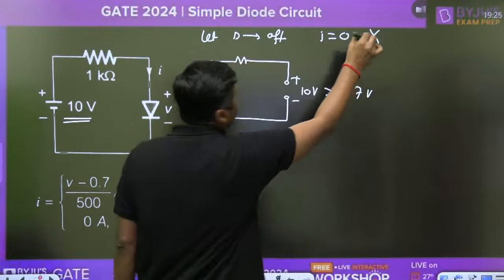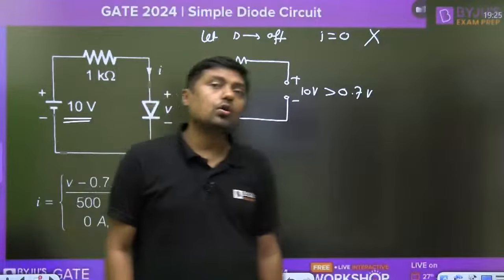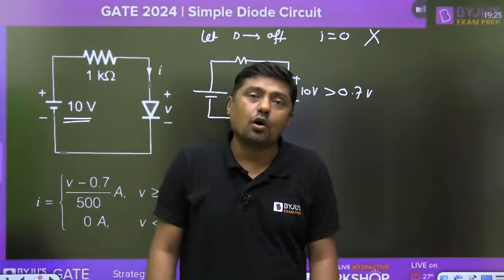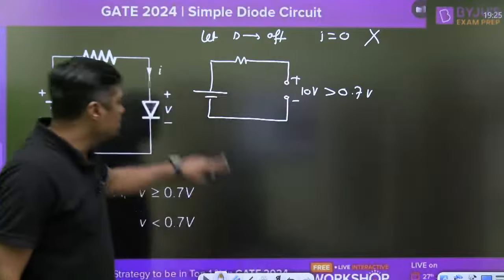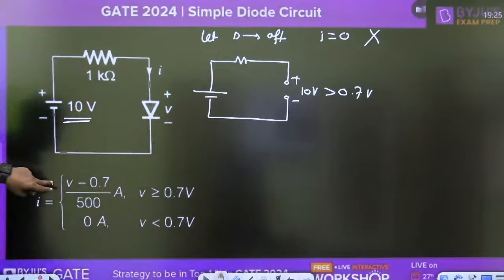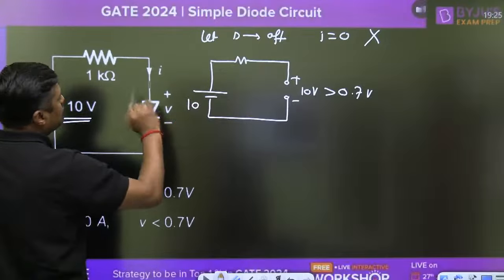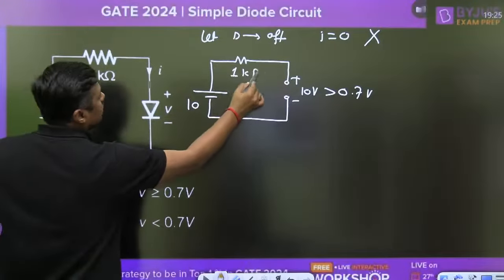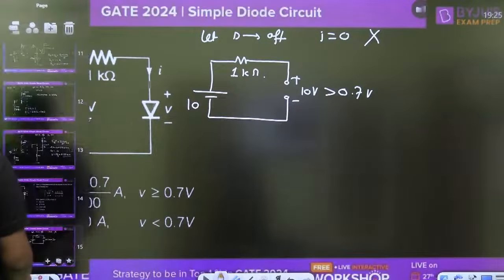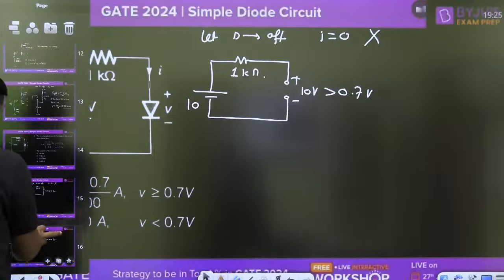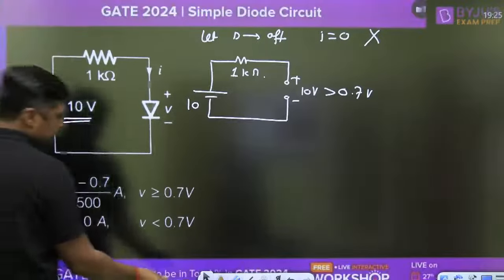Therefore, this assumption is wrong. It is not off. This diode is on, and it will satisfy the first condition, because the voltage across the diode is greater than 0.7 volt when we are checking it. Okay, the next is, according to the next case,